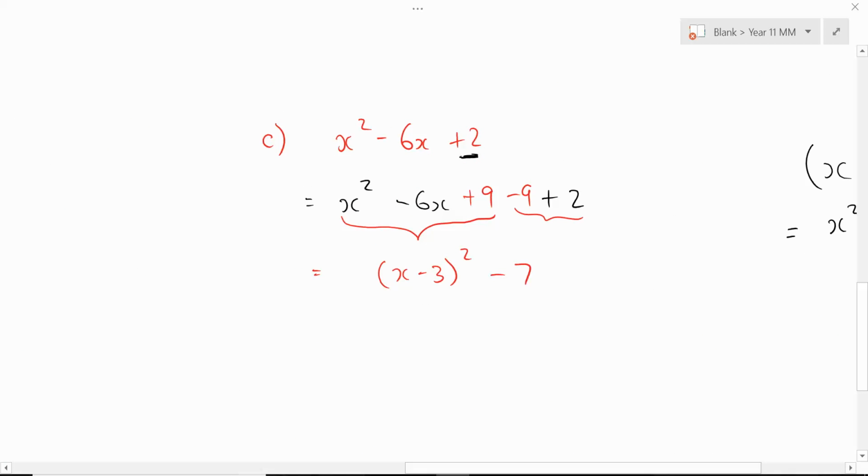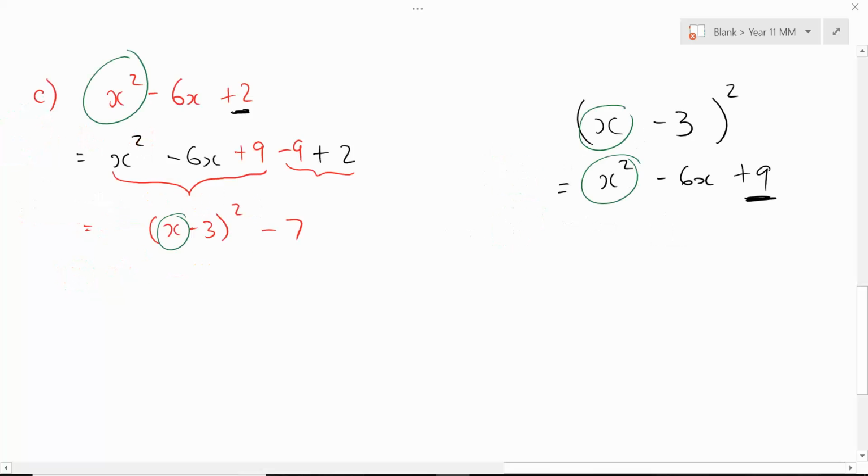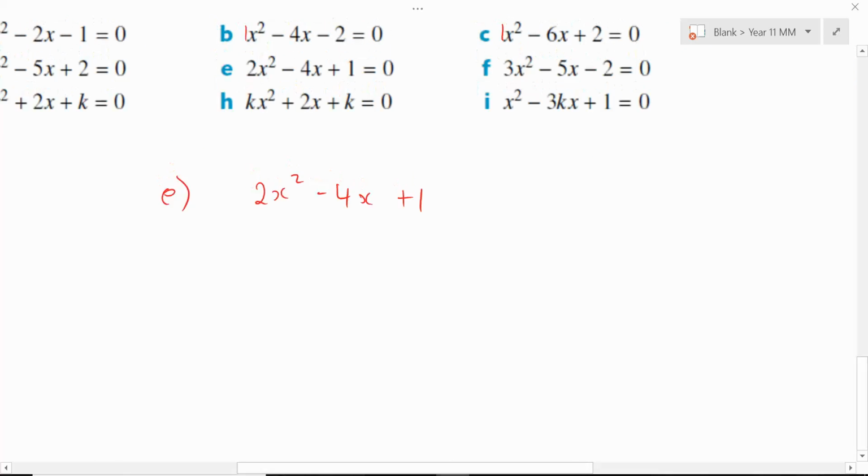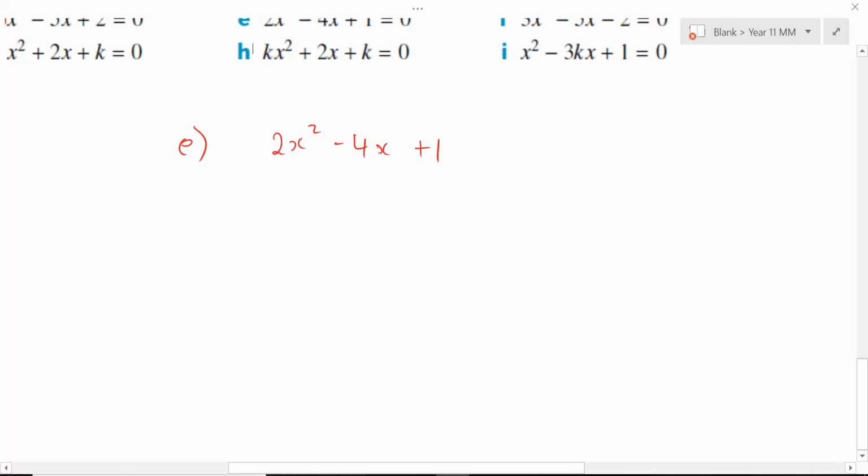So what do you do when you have our case? Even look at this one. This is 1x squared, and that's a 1x, yeah? Even with this pattern here, it's 1x, and you get 1x squared. So what do you do when you don't have a 1x squared, and instead you've got 2x squared? At this point, the first step, regardless of what it is, is you just have to take out 2